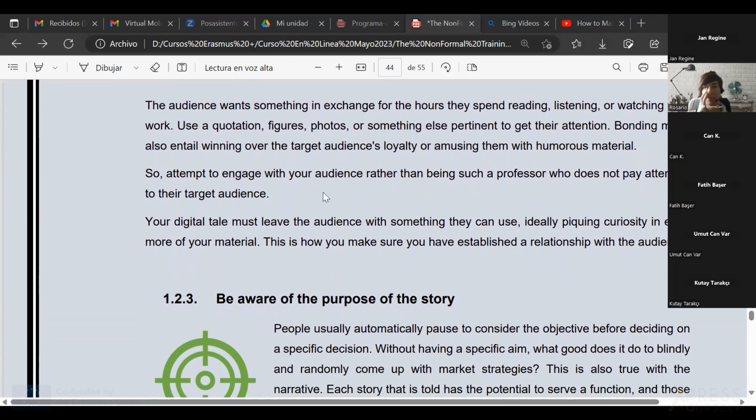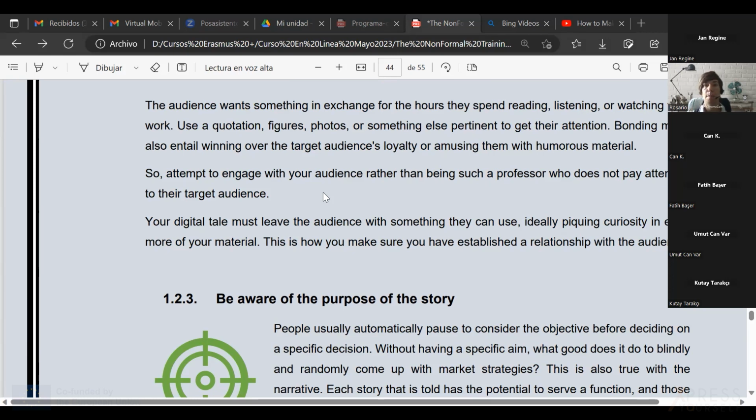Something else we have to think of is that the audience wants something in exchange for the hours they spent reading, listening, or watching your work. So using a quotation, figures, photos, or something else pertinent to get their attention is a good thing to do. And then bonding might also entail winning over the target audience's loyalty or amusing them with humorous material, right?